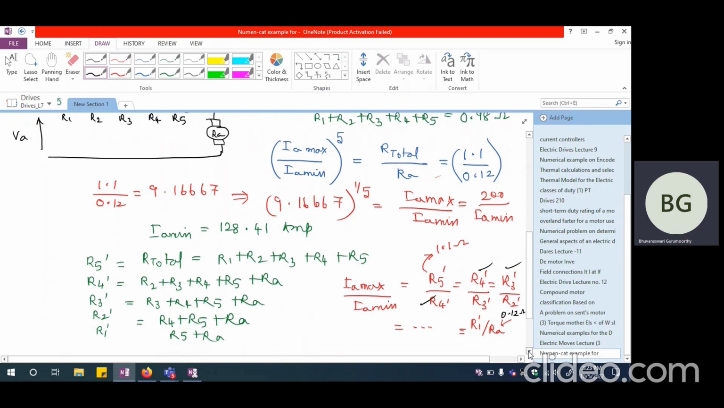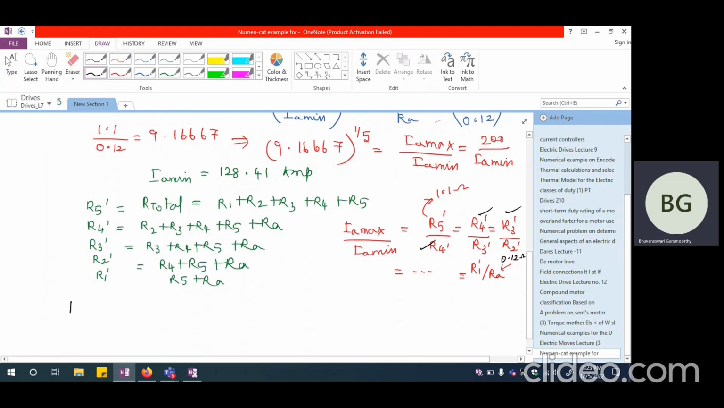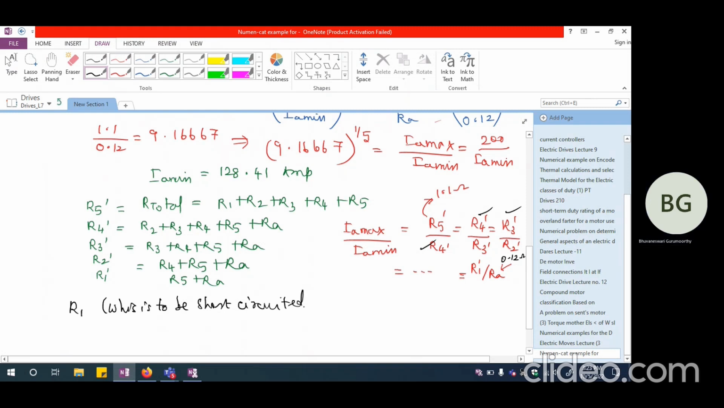So corresponding to this, we are getting the values of R1, whatever is to be closed first. R1, which is to be short circuited first. After starting, within the first few seconds, it has to be short circuited. So this is going to be R1. So that comes out to be 0.394 ohm. R2, which is to be short circuited next